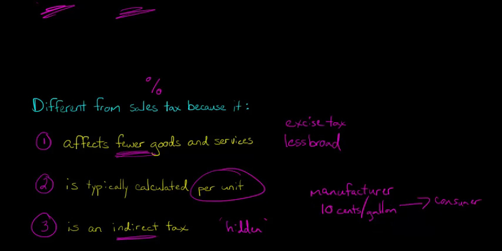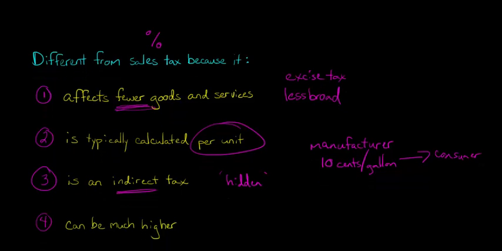So in a sense, when you have this federal excise tax, even though it's an indirect tax, it's really on the manufacturer, the person or the organization selling you the item. In reality, it's going to get passed on to the consumer, to you, when you pay for that fuel. But you don't see it. You just assume that that's what gasoline costs, or that's what a package of cigarettes costs. In reality, there are these excise taxes that you might not even know about. And that's obviously different from sales taxes, where the sales tax is clearly delineated